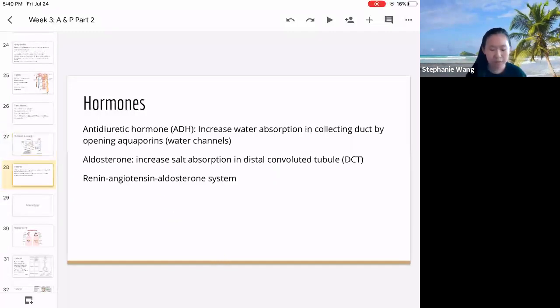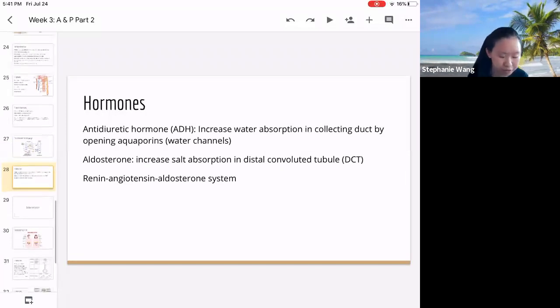All right, next we'll talk about hormones and how hormones have to do with kidneys. Okay, so the first hormone we're going to talk about is antidiuretic hormone. And we're going to go more into hormones in the next section, which is about the endocrine system. So the antidiuretic hormone occurs when a person lacks water, meaning that they need to increase water supply in their body. So then antidiuretic hormone will be activated, causing water channels to open up in the collecting duct and causing the kidney to reabsorb more water into the body.